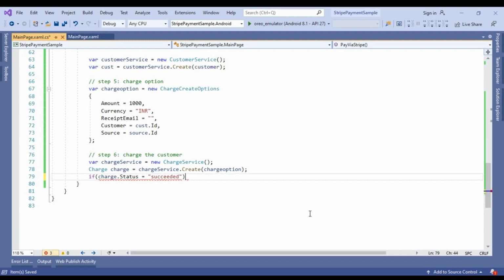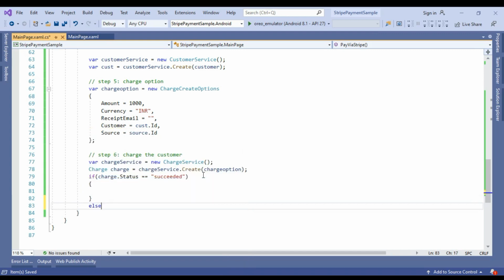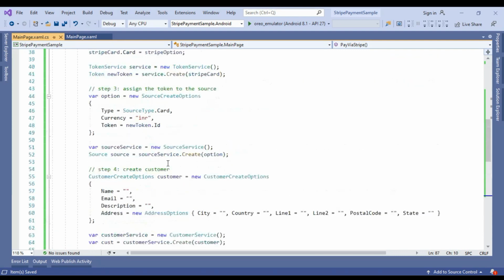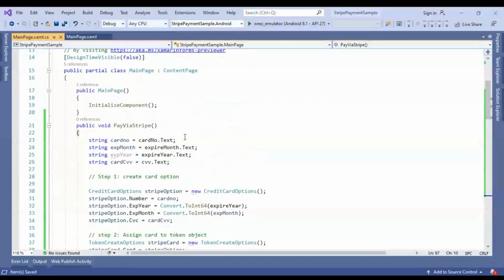That means if the charge dot status equals succeeded, it will successfully create the payment, otherwise failed. We already created our code, and we already implemented our code for deducting the amount from the user.